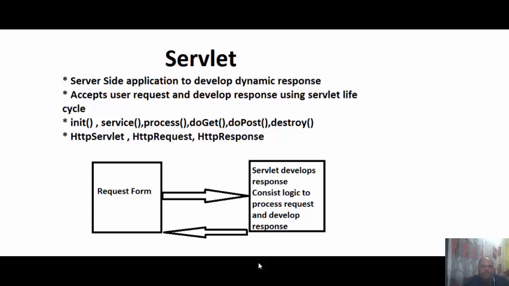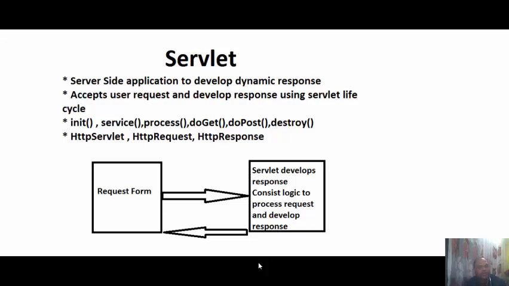Once you enter your login credentials, this data will get posted to the server, and then a Servlet on the server or a Java Server Page on the server will read the values posted by you, connect to the database, check for the availability of the credentials, and then, if the ID and password are correct or validated, it will redirect you to the login success page. And this is called a dynamic response.